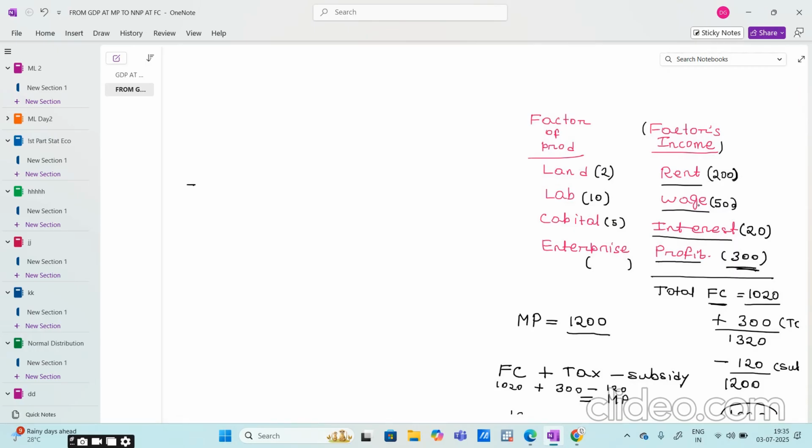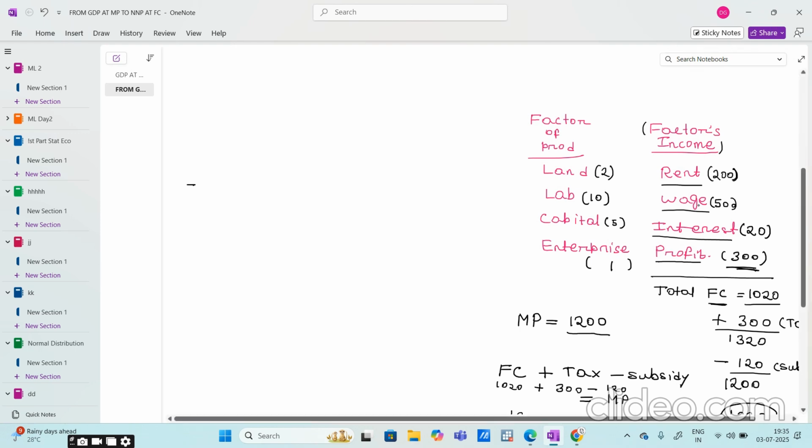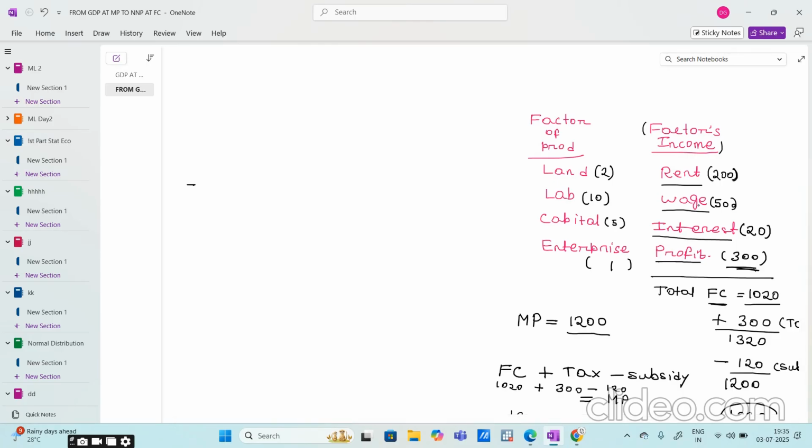And suppose a production farm has 2 land, 10 laborers working, 5 capitals or machineries, and 1 enterprise. And the rent of the land is 200, the wage per laborer is 500, the interest of the capital is 20, and the profit of the enterprise is 300. So these are basically the factors of production: land, labor, capital and enterprise, and these are the income of